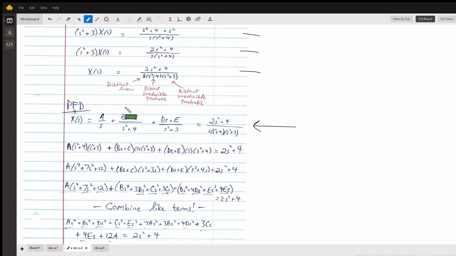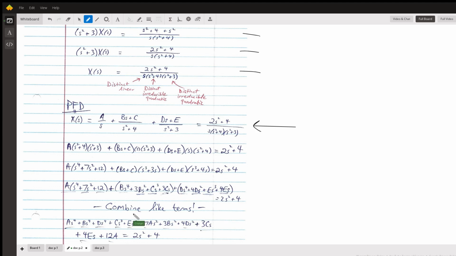You have A over s, Bs plus C over s squared plus 4, because again, that's the irreducible quadratic. And you have Ds plus E. You're trying to get the numerators to add up to 2s squared plus 4. So going through the algebra and the mechanics of a partial fraction decomposition, you would do all that, combine the like terms,